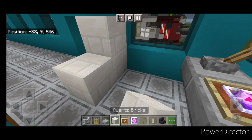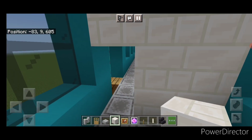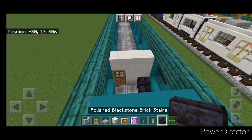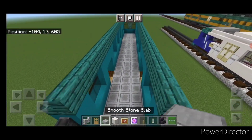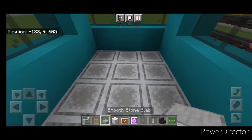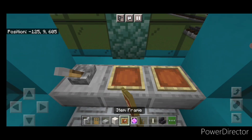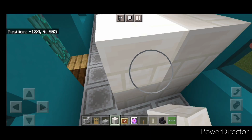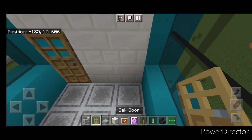Turn around behind this window, and a 2x3 of quartz brick blocks here, 1 on top, and a door here. Put a stair over here for the driver's seat. Then we have to do the cab at the other end, so come down here and repeat the process. So 3 slabs here, a lever, 2 glow item frames with end crystals. Then, right here, 2 columns of 3 quartz brick blocks, 1 on top, a door here, and a stair here